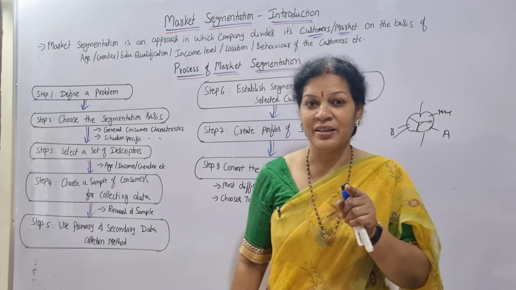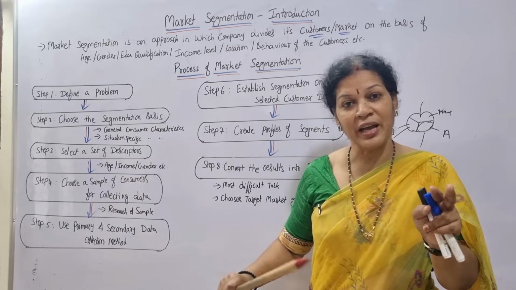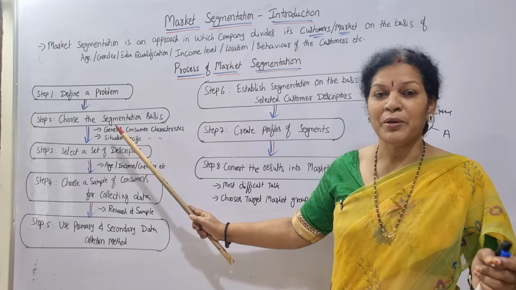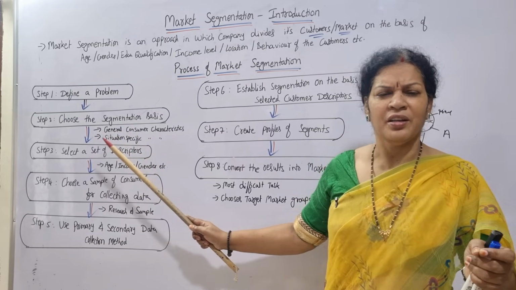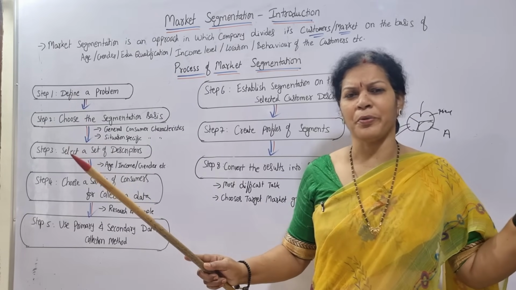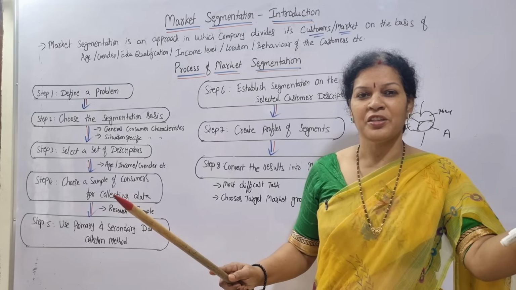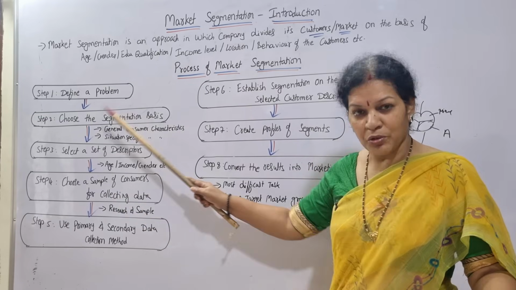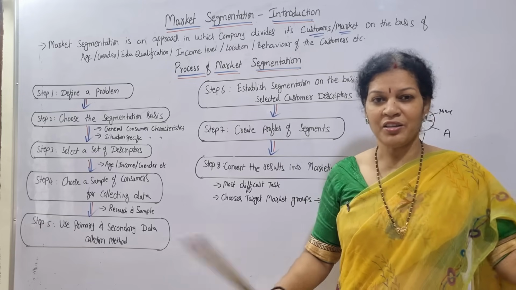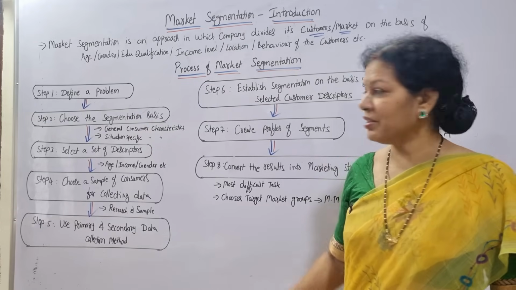How many people are related to these situation specific customers? You divide it. Segmentation can be done like this also. So this comes under step number 2. Divide it, understand it. If all the customers are general, no problem, no headache at all, just focus on your product. Now there are some customers who expect some kind of specifications, then they come under this. So this is step number 2, you have to understand. Okay, general or specific. Then if you have done this step number 2 process, then we'll go for the step